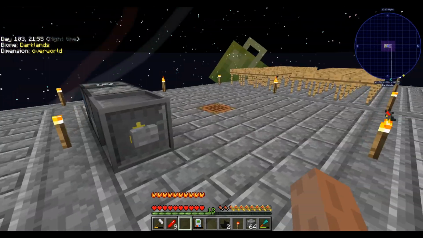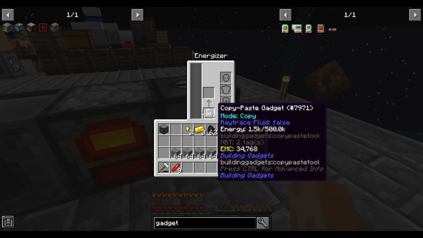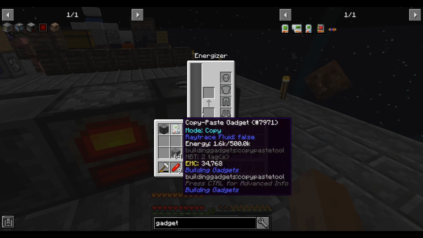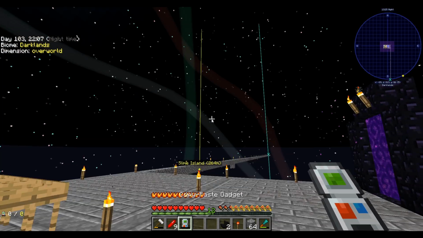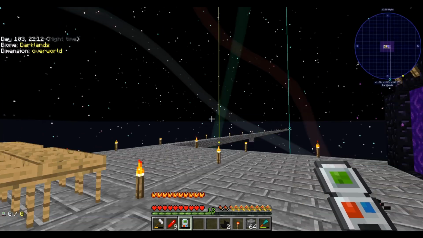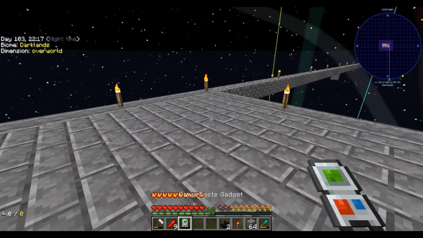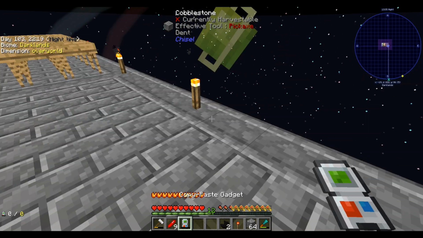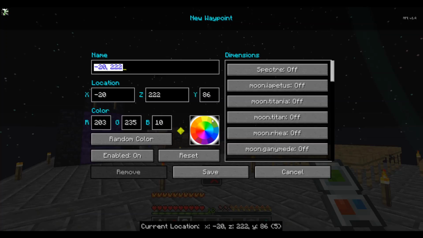Neat. Alright, so that'll save us some time, even though it costs us some time to do it. I don't even have to charge it all the way, I'm sure. Just a little bit's enough. Maybe that's a little too little. But I think the way this works is you first want to set it to... you can leave those settings alone. I think you first shift right-click a block, and shift right-click another block to... No? Hold on, give me a...